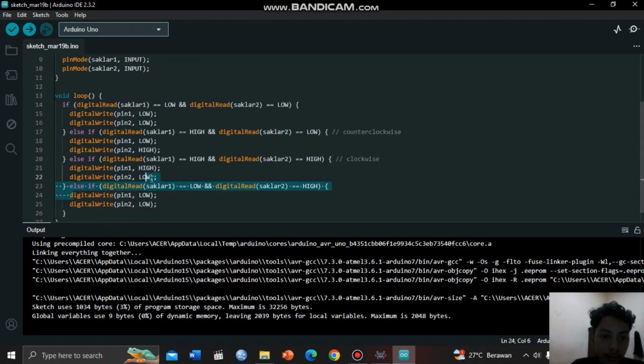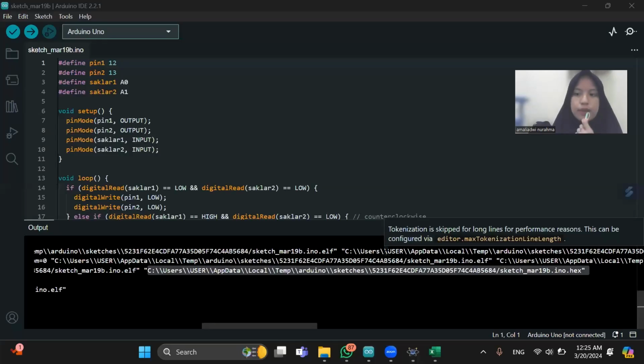Then this program means if A0 and A1 are high, the on switch is off and the CV and CCV switch is on, then the circuit is dead.